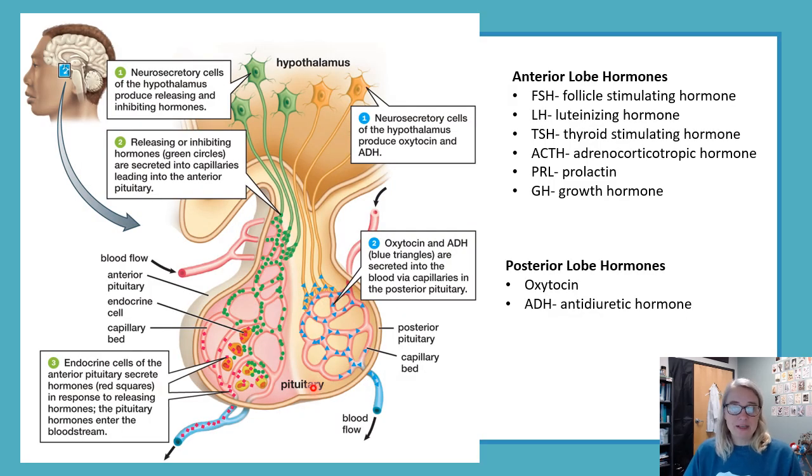It is divided anatomically and physiologically into what we call the anterior lobe, because that's sitting more towards the front of the brain. So that's this kind of pinkish highlighted part. So this is the anterior lobe, and this is the posterior lobe. So it's on the back half of that structure, and then the hypothalamus sits up here. So the anterior lobe produces most of the hormones from the pituitary gland.